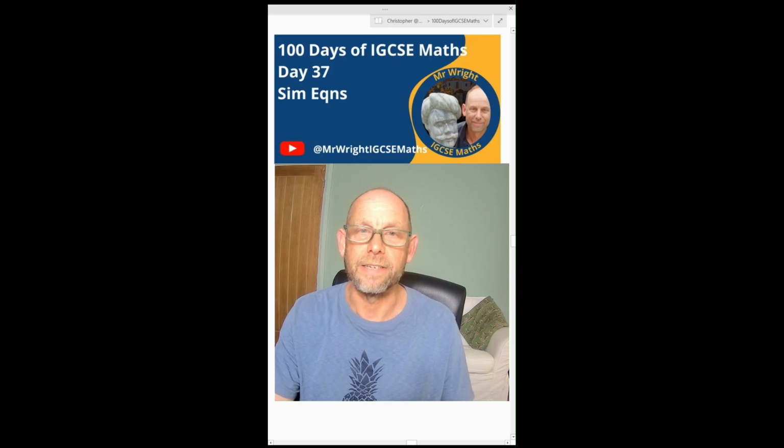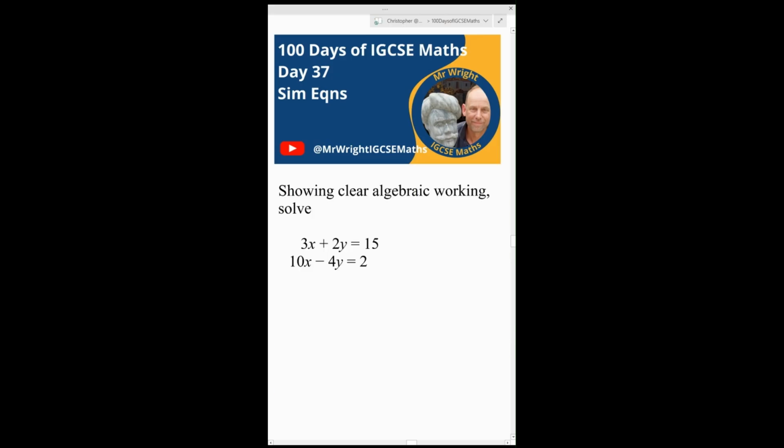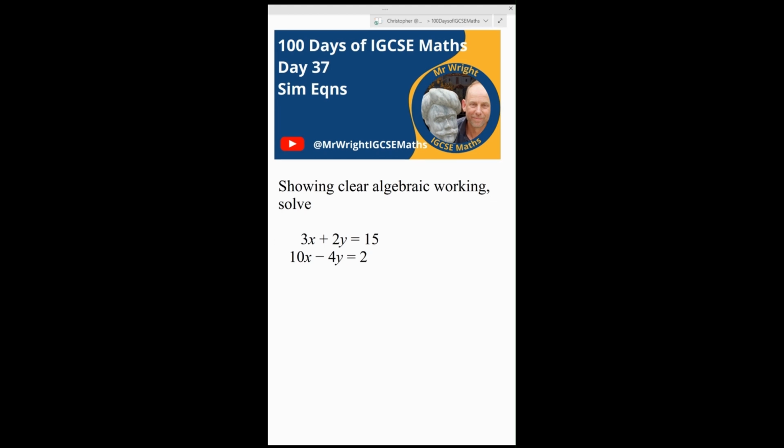Day 37, simultaneous equations. Now's your chance to pause. Okay, I'm going to double the top equation, and then I'm going to add the equations to eliminate the x's. So now I'm adding these two equations. 16x equals 32, x is 2. Here's equation 1. I'm going to substitute my value for x into that equation. So I get y equals